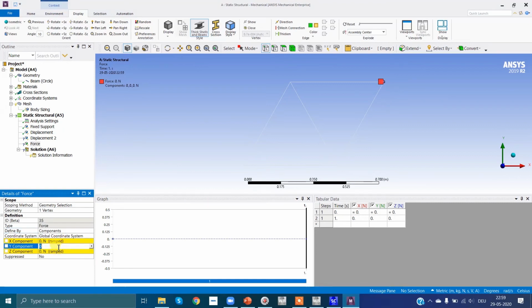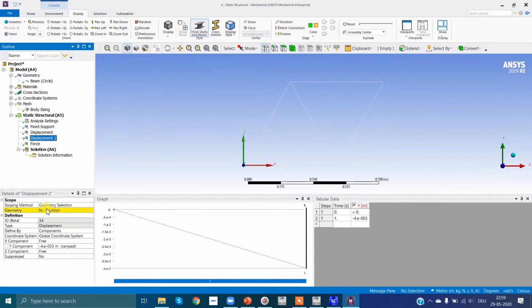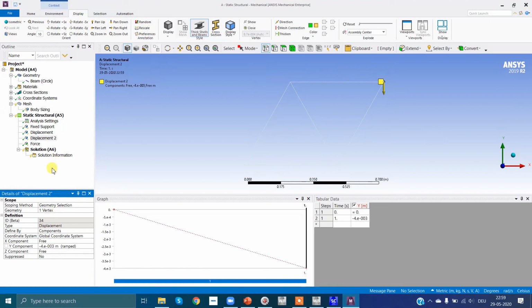So just enter minus 100 Newton because it's acting downward. Enter. That's it. And here in displacement we forgot to apply. This displacement is right here, this point, apply. So we have applied all boundary conditions and forces.